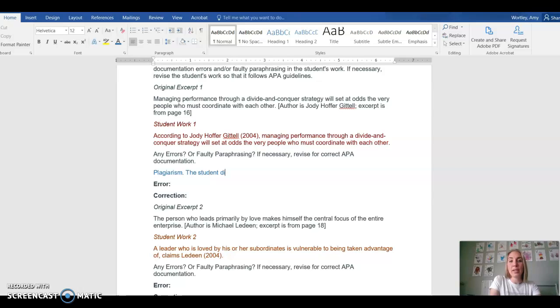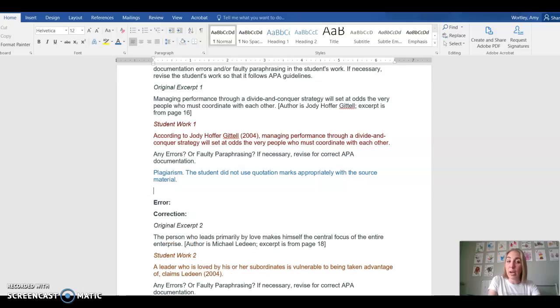The student did not use quotation marks appropriately with the source material. And then I'd go ahead and fix it. And I would say, according to Jody Hoffer-Gattel, because we do need to have a stem for each of these quotes. And the date of the publication is appropriate here. And then because the quote begins here, we would say managing performance through a divide